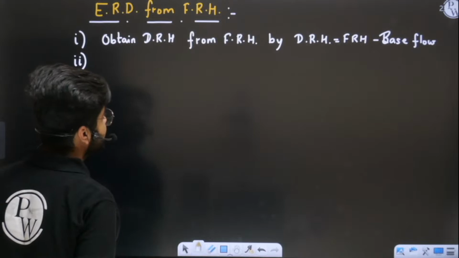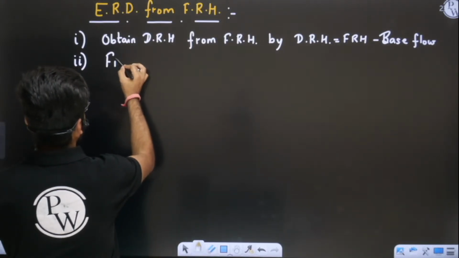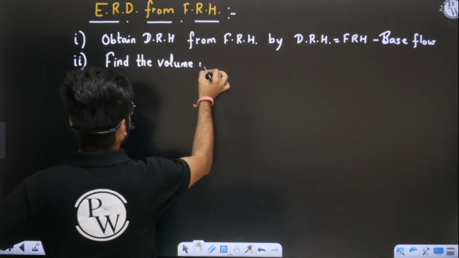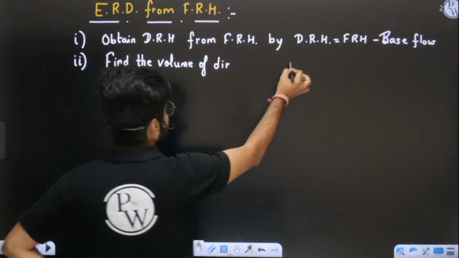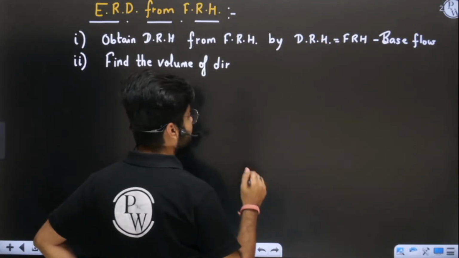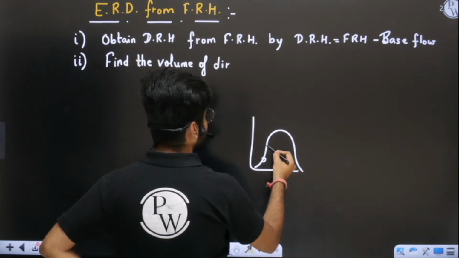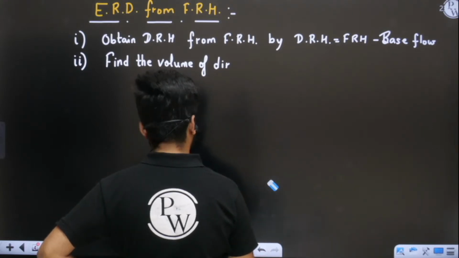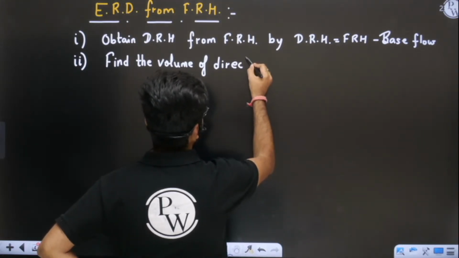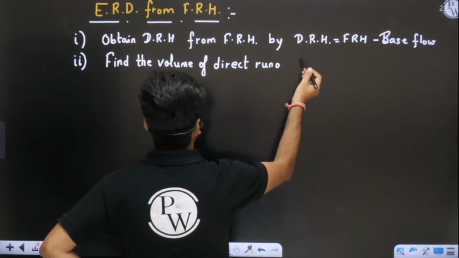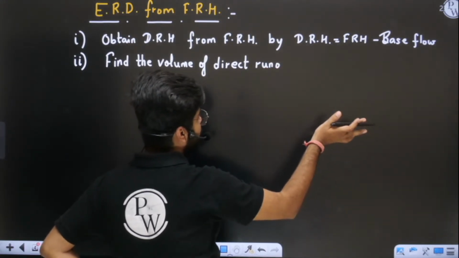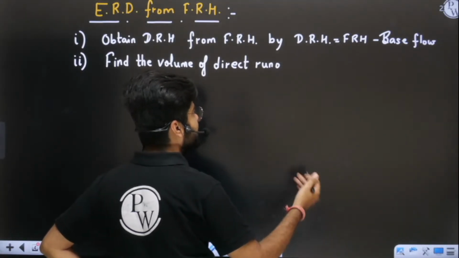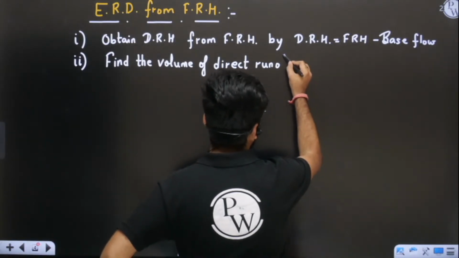After this, I have obtained the DRH. Find the volume of direct runoff. You have obtained the DRH, let us say with some different points. I have told you if you have got the DRH with different points, how you will find its volume. Case 3. If you have got the DRH, you can simply find the volume of direct runoff. If it is trapezoidal, no problem, sir. If it is triangular, no problem, sir. If it is n segmented, then also no problem. So find the volume of direct runoff